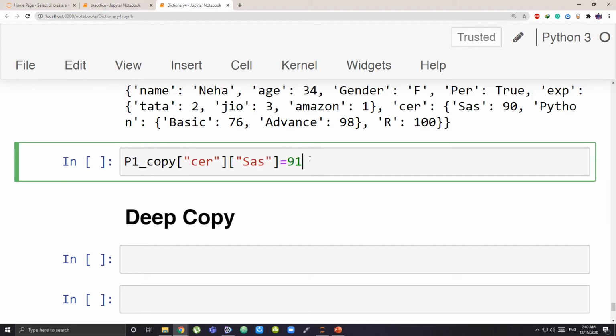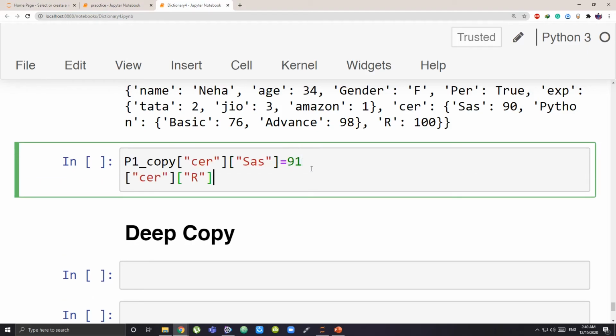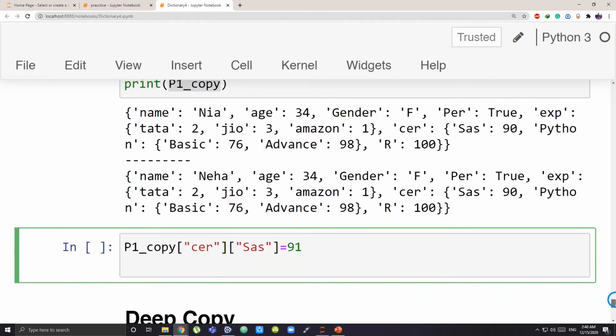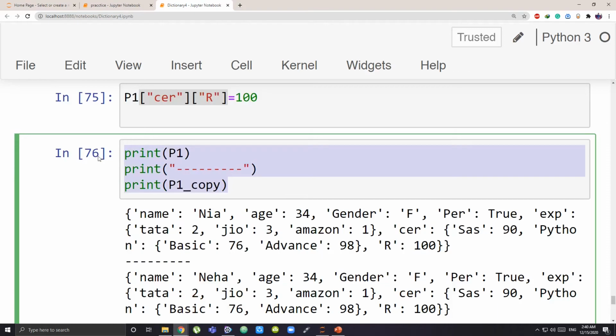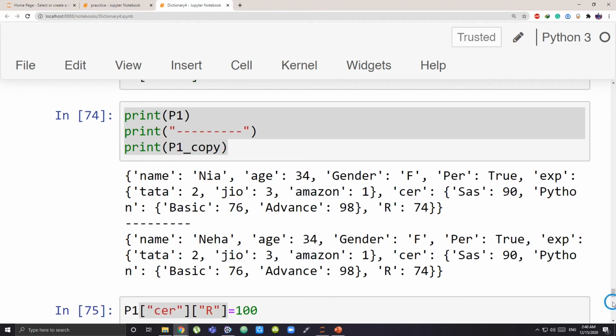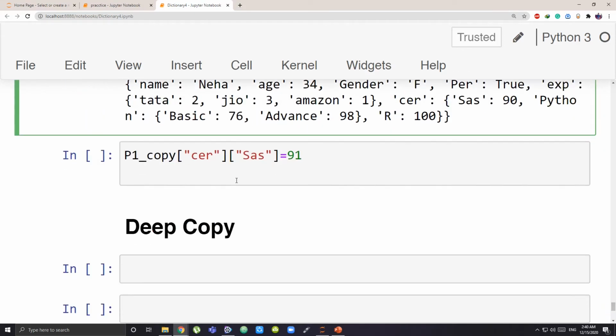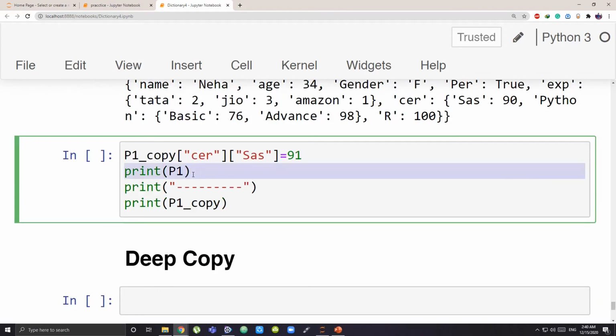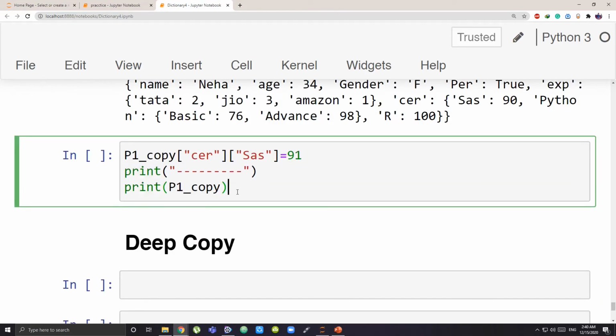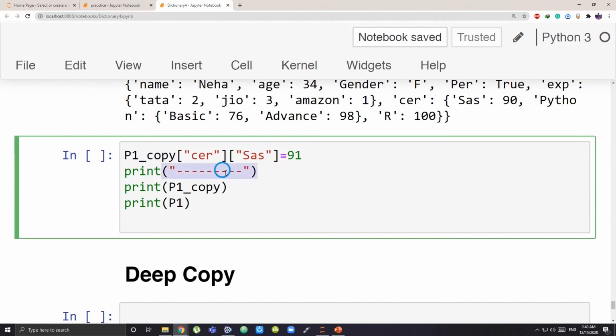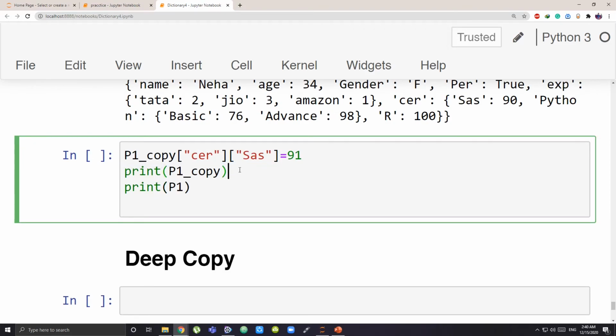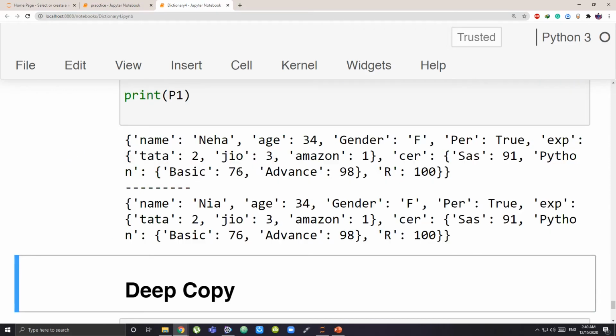Remember, I'm doing this change to the copied version. I'll do that change and I'll print it also so that things become simpler. Because I'm doing a change to the copy, let me keep the copied version up and the non-copied version down, so that you know. Okay, let's run this cell.